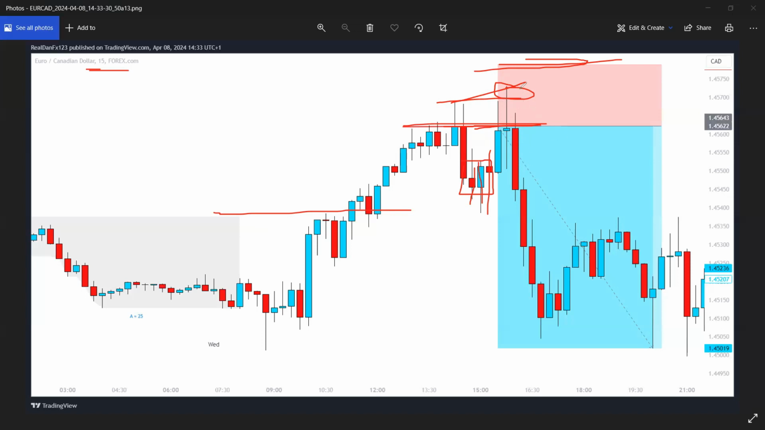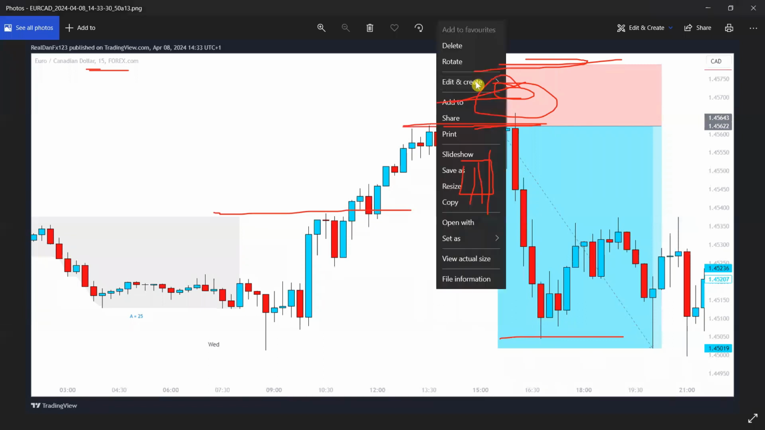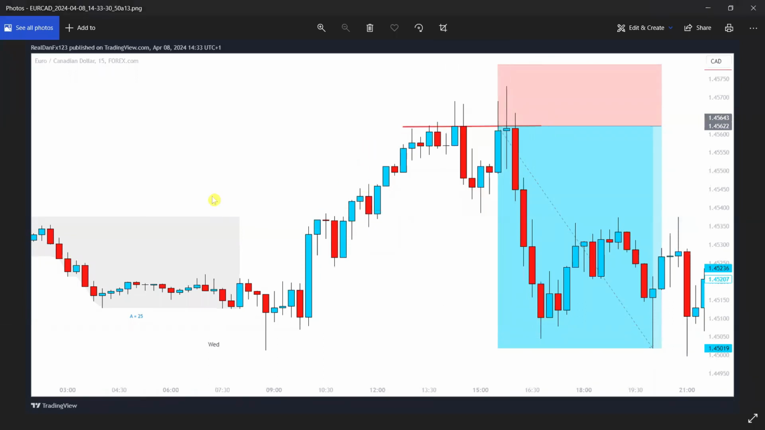You can see the only drawdown you suffer is just this wick that just appeared up here. No candle closed above. Price goes back to your TP. That's a 1 to 4 risk reward right there. All right. So